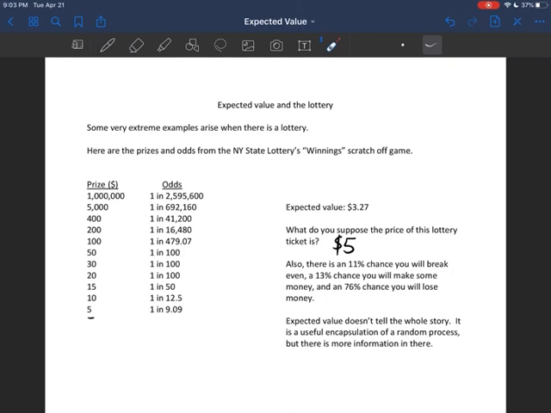So again, expected value is a weighted average taken over all of the possible outcomes of a random process, and the weights that are given